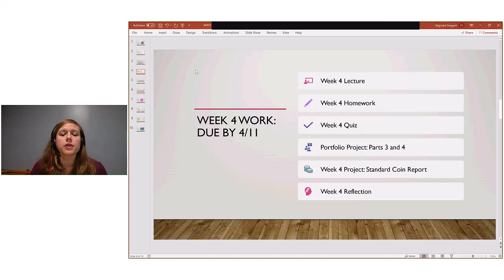You've got your week 4 homework and your week 4 quiz as usual in MyMathLab. A lot of you did take advantage of the help features this week with your homework. Please do continue to take advantage of that. Use the Ask My Instructor feature through MyMathLab, so that it'll attach it to the question that you're working on. All right, your portfolio project, keep working on that.